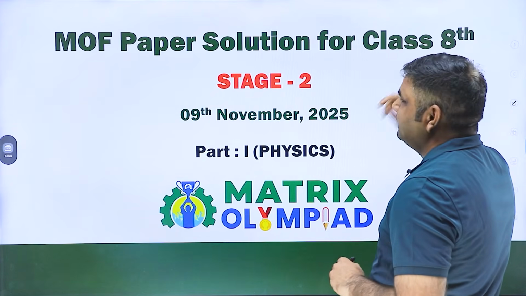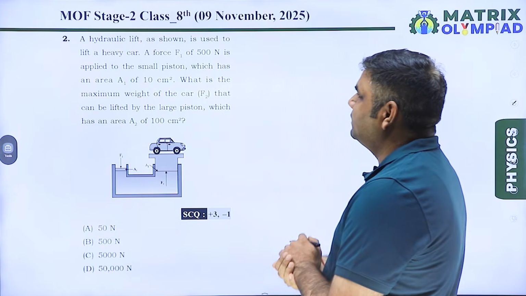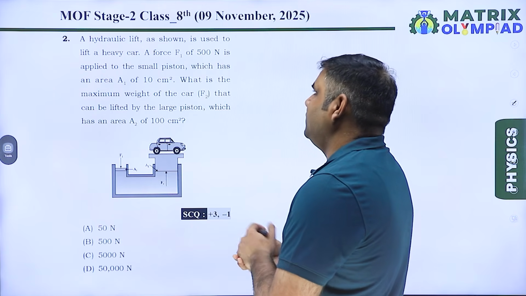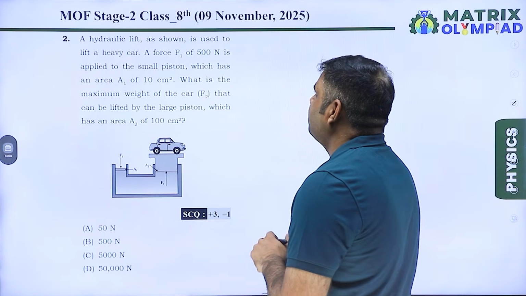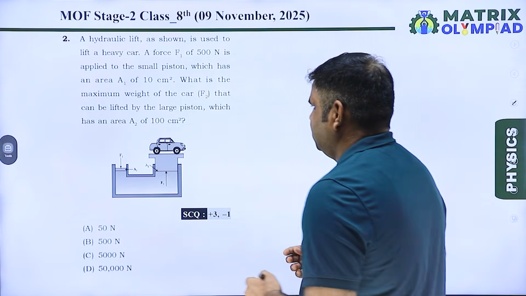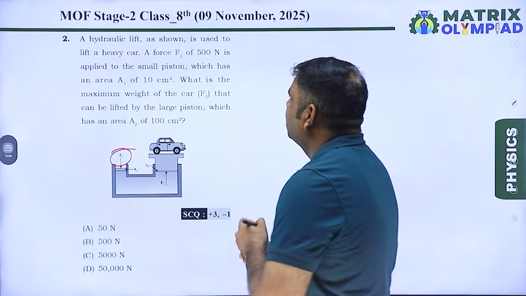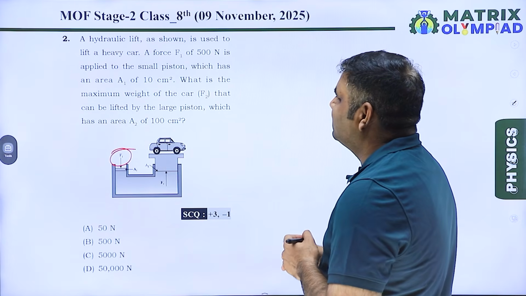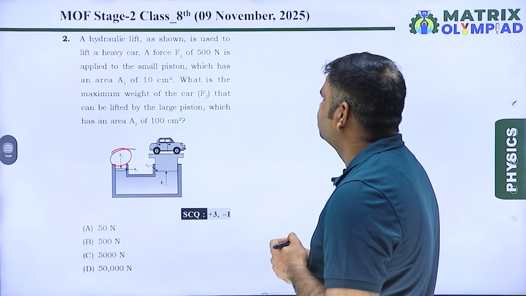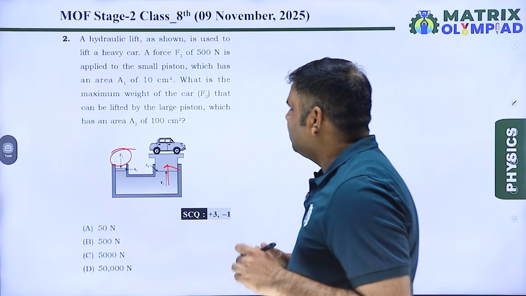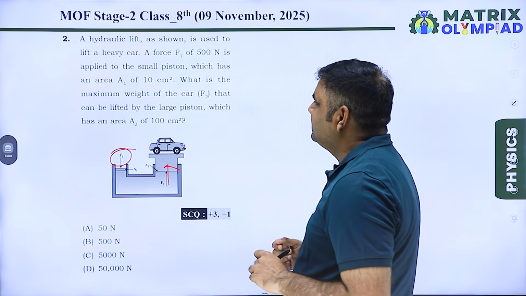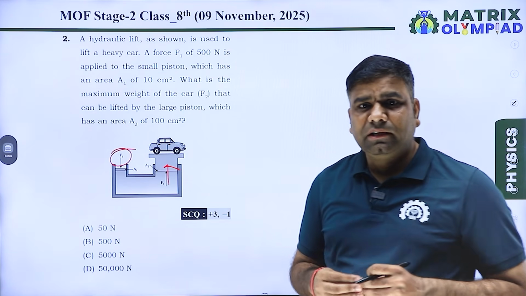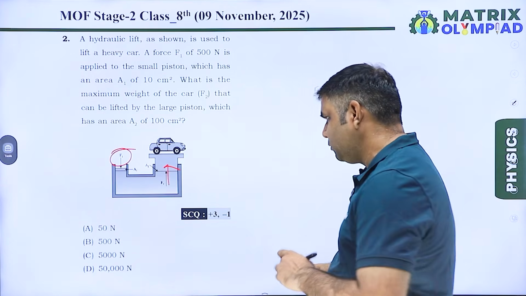Move to the next question, that is question number 2. In question number 2, a hydraulic lift as shown is used to lift a heavy car. A force F1 of 500 Newton is applied on the small piston, which has an area A1 of 10 centimeter square. What is the maximum weight of the car F2 that can be lifted by the larger piston, which has an area A2 of 100 centimeter square? So student, we know that the hydraulic lift is based on Pascal's law. So according to Pascal's law,